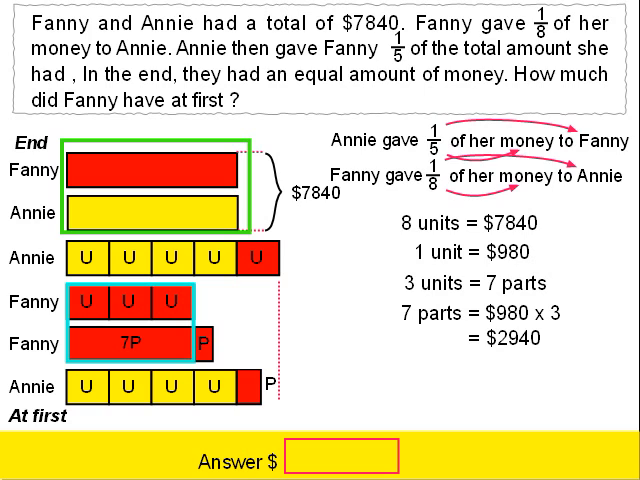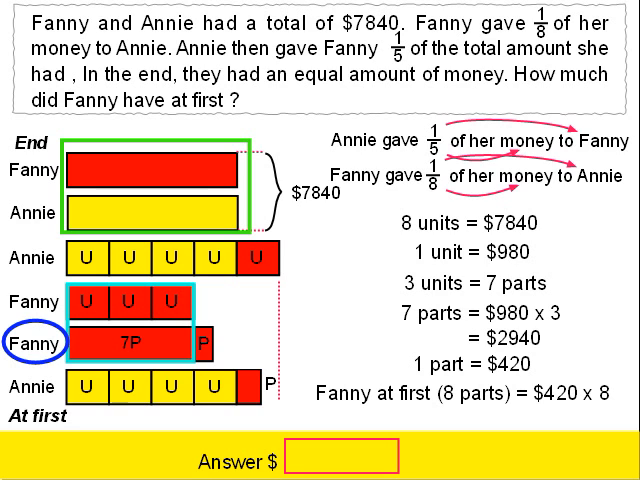The question: how much did Fanny have at first? Looking at the model at first and looking at Fanny's model, Fanny had altogether 8 parts. So that means we've got to find what is 1 part first. To find 1 part, we take 2,940 divided by 7. That gives us $420. So Fanny at first had 8 parts. So we take 420 multiplied by 8. That gives us 3,360. So the answer to this question is Fanny had